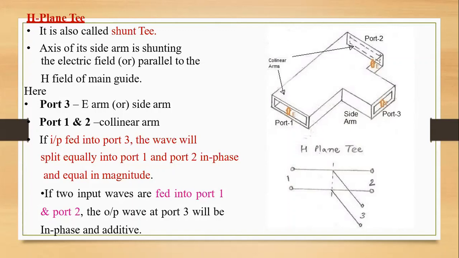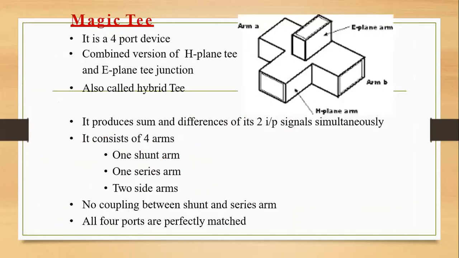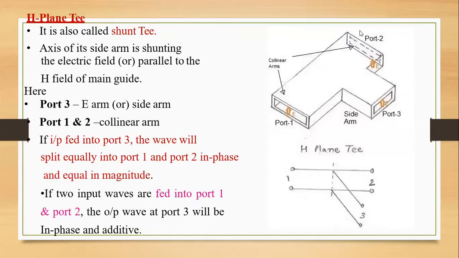Now, what is the first step which you have taken in E-plane T? I want you to tell me the derivation step by step, how you have done it for E-plane T. What will be the first step? Tell me the characteristics of your H-plane T. You had written for E-plane T certain characteristics of that particular plane. For example, input is fed to 3 and output is taken at 1, so you used to take S32 equal to minus S31, or S31 equal to minus S32.